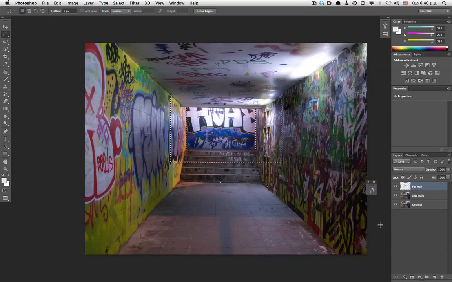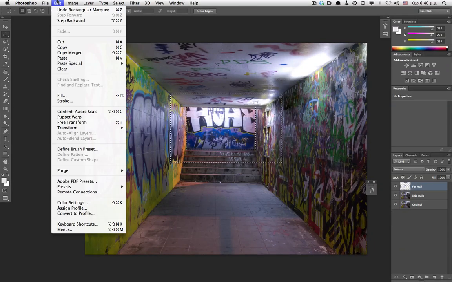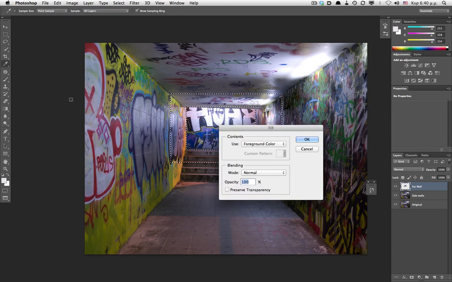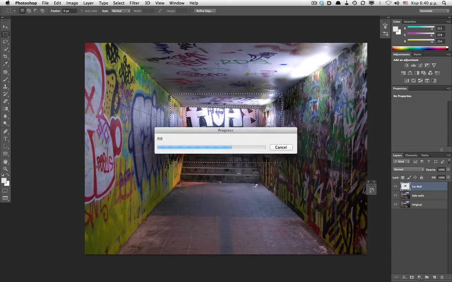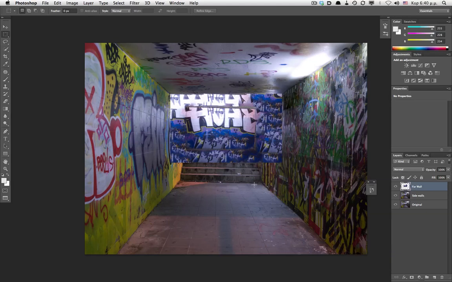Now that we have our selection ready, we go to Edit, Fill, and instead of using the foreground color, we choose Content Aware. We now have a really nice base to further refine the outer sides of the wall. We're not going to do this now, but it just involves selecting the areas you think are good and stamping them on the area you need. Either way, this file will be included, so you can go to Cinema straight away if you want to.